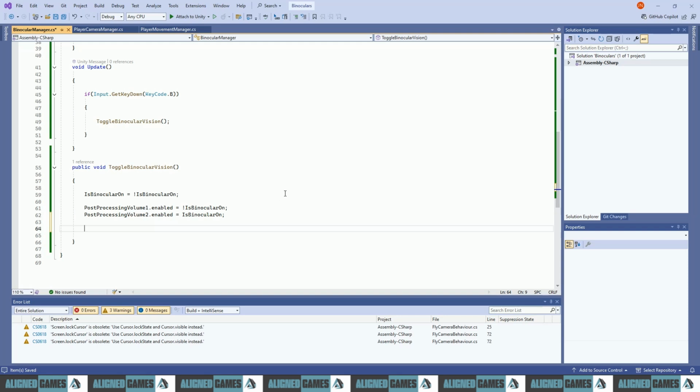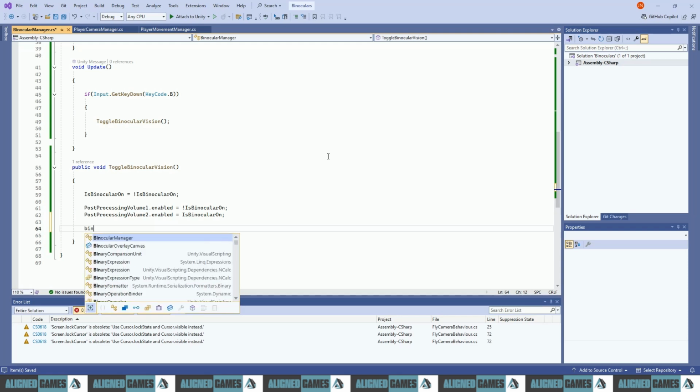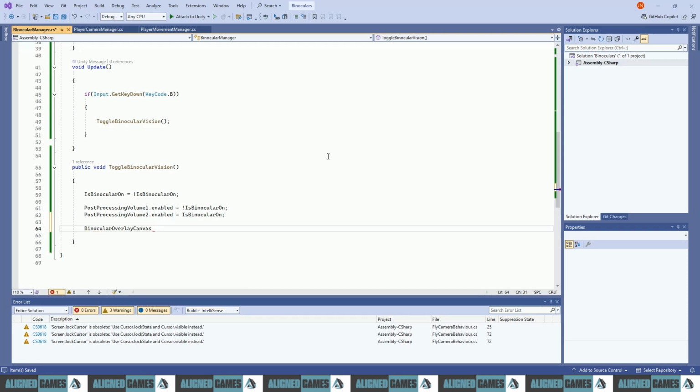Then we have to do the same thing with the canvas. So I think we called it binocular canvas. If the binocular is enabled, then the canvas is enabled. Okay. Then we need to do the field of view that I said we are gonna change according to whether the binoculars are on or off. So if the binocular is on,